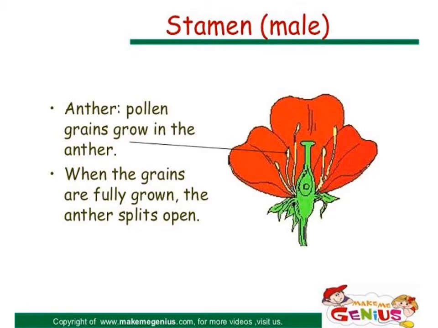What are the main parts of a flower? The main flower parts are the male part called stamen and the female part called pistil. The stamen has two parts, anther and filament, and anthers carry the pollen. So what are the parts of a flower? Pistil, petal, stamen, leaf, stem, receptacle and sepal. These are all.